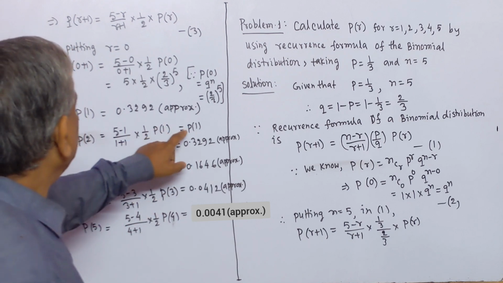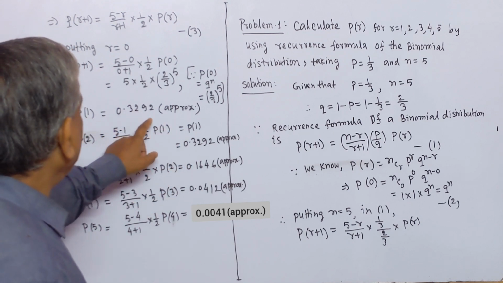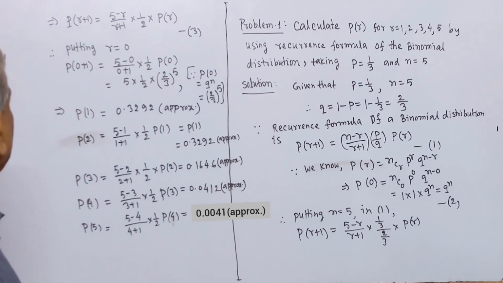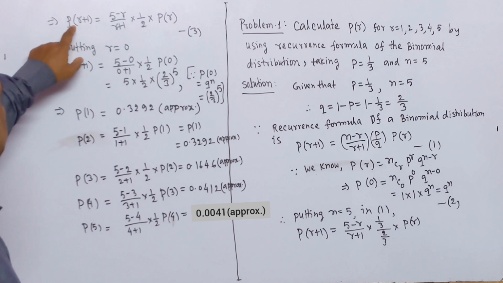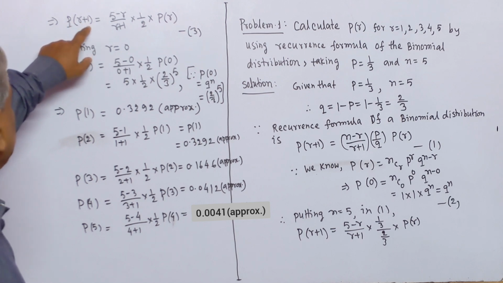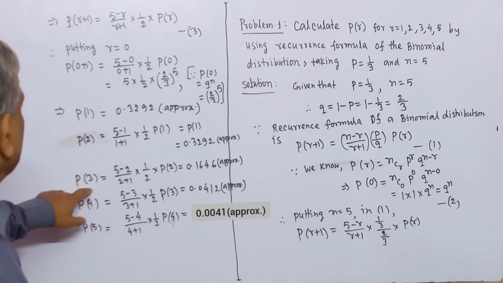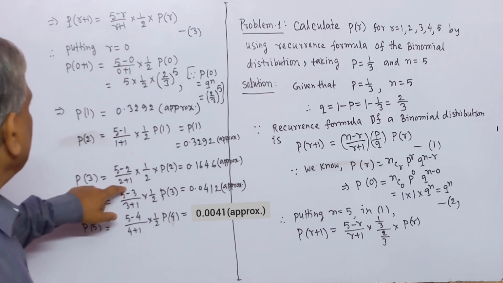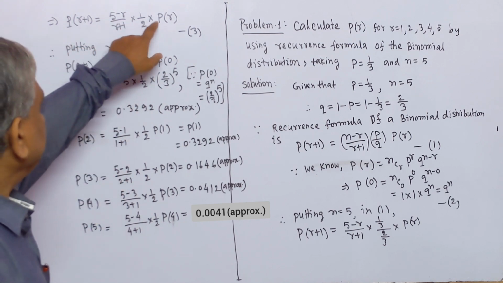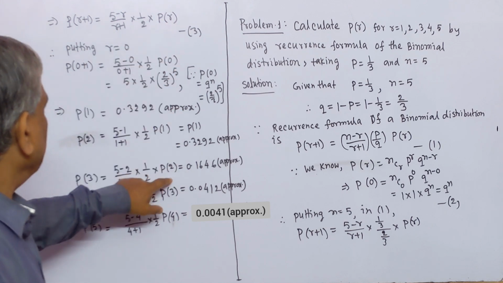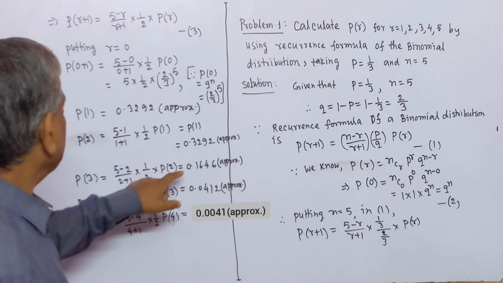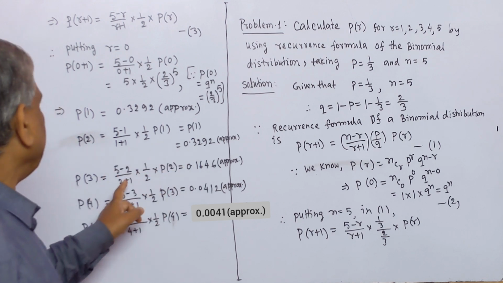Therefore P2 equal to P1, which is equal to 0.3292 approximately. Now putting r equal to 2, here P(2 plus 1) means P3. Here (5 minus 2) by (2 plus 1), 3, multiply half, P2. By putting value of P2 and then calculating, we get